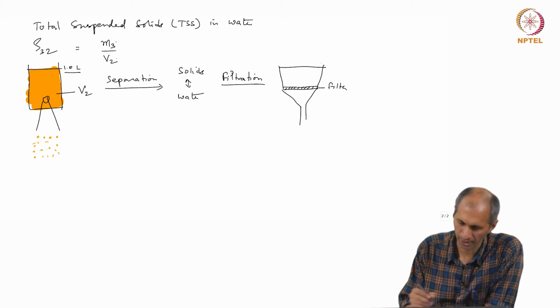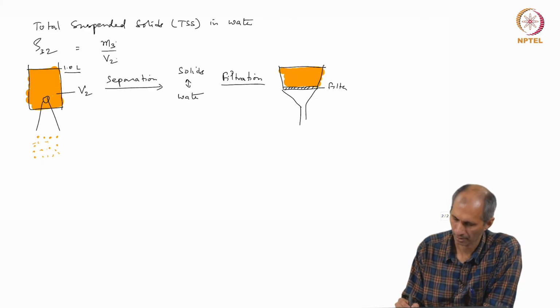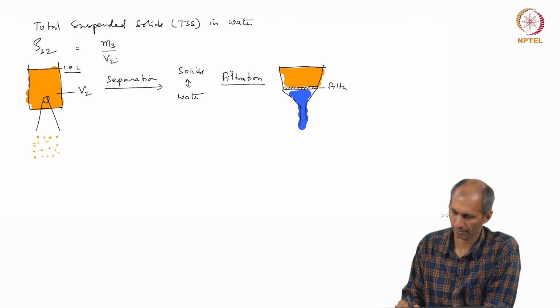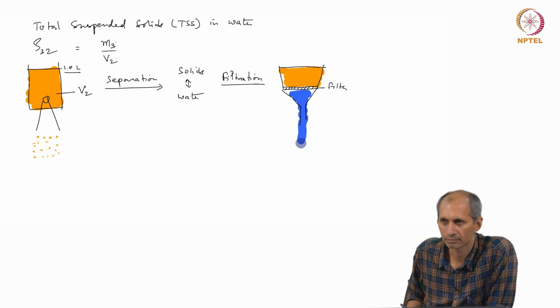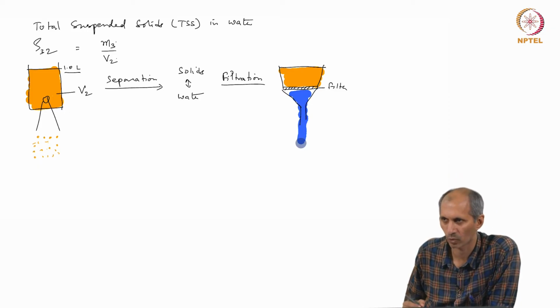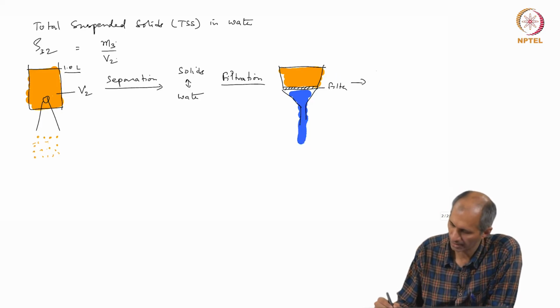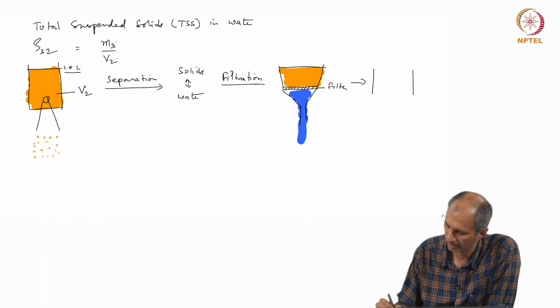And here I put the water, and what I get here will be clean water. So, which means that at this point when the filtration is done, what will happen is,